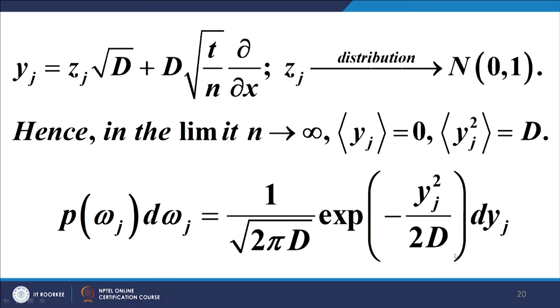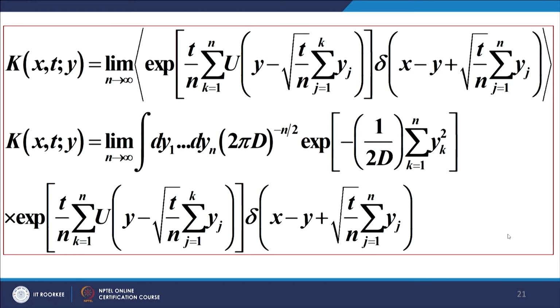This is the distribution; each yj is distributed in this form. Let us call it equation 2. Equation 2 represents the probability density function of each of these random variables. So, let us put them there, and we can write the expectation, which is the upper equation, in the form of the lower equation. We have done nothing else except to substitute the angular brackets by the explicit expression for the expectation, incorporating therein the Gaussian probability distributions.